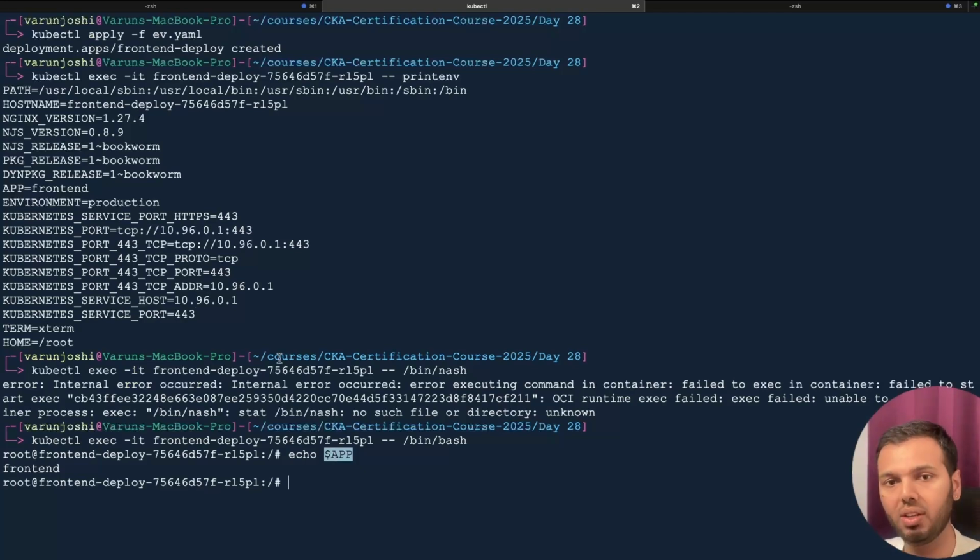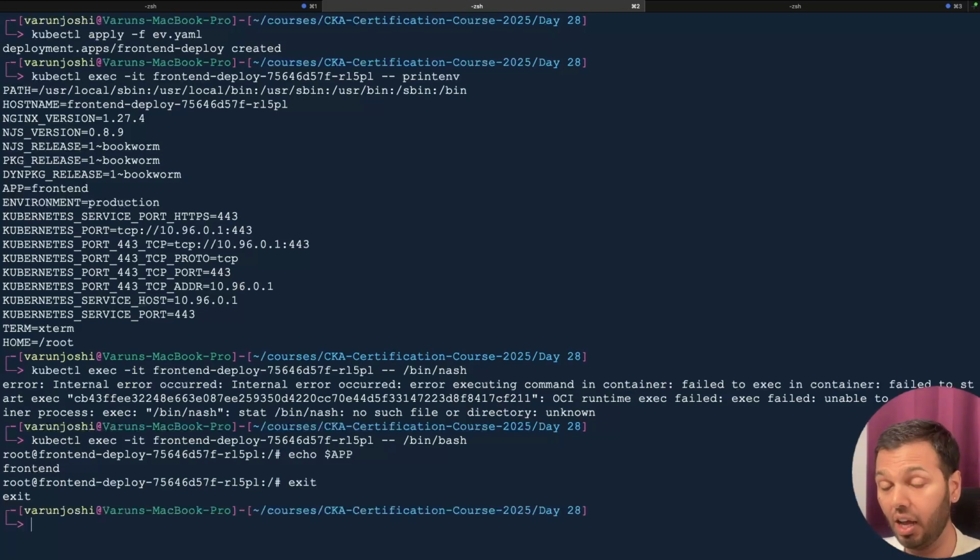I want you to understand there is no need to keep this uppercase, but it is widely accepted in this industry that whenever you want to define a key for an environment variable, it is better if you use uppercase for that, which is why we are using uppercase. So I hope this is understood. I'll now exit from the container and then let's do one thing. What I'll now do is I'll run kubectl